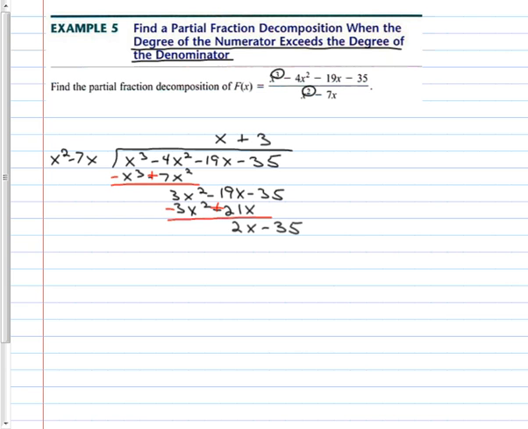What do I do now? That's the remainder, or it's the fraction that is left, plus 2x minus 35 over what? X squared minus 7x. So this is the part that I'll do the partial fraction decomposition on, and I won't forget that I have an x plus 3 plus the fractions that I get from the partial fraction decomposition. So we'll just set aside the x plus 3 and we'll work on